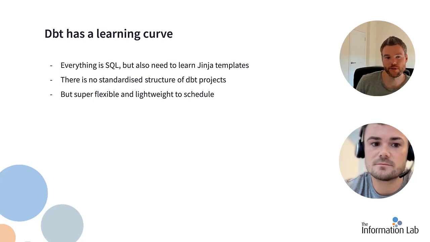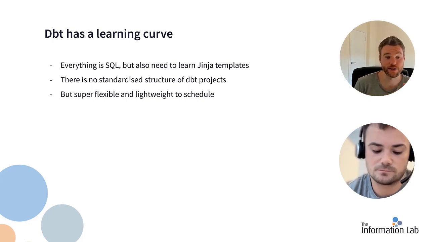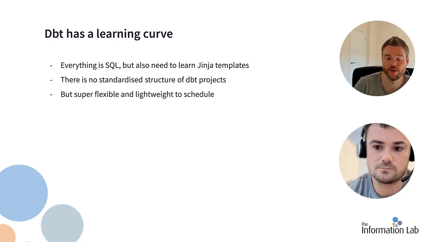One thing is, for the transformation side of things, we moved from Tableau Prep, which was very good in the POC stage, to DBT. And DBT has a bit of a learning curve. If you know SQL, that's great. But DBT also uses this thing called Jinja, which is almost like Python within SQL. You can do loads of really cool stuff there. I've had to learn quite a bit of Jinja to make our processes work around the dev deployment and the production deployment. And that allows us to dynamically swap out which deployment I'm running the DBT models